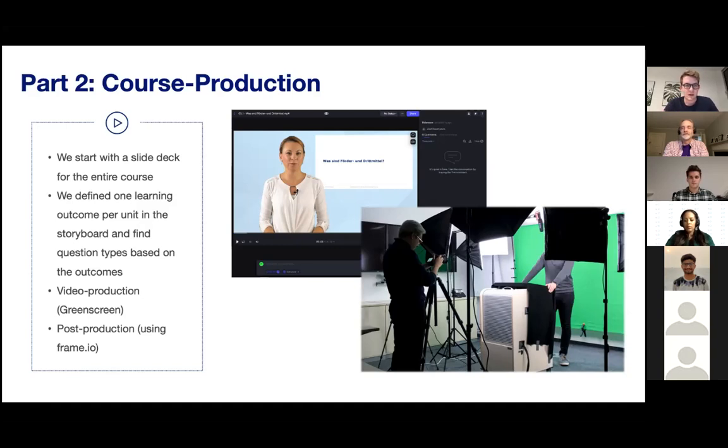Once we've done that, and that is we have this big slide deck with all the comments and all the ideas, we go into video production within the green screen studio because it just gives us a lot of flexibility. And then we noticed that most of the time was being spent with giving feedback on videos and going back and forth between the experts and the video production team.